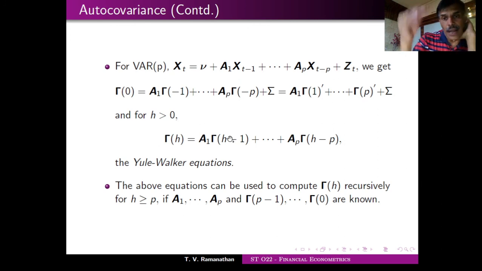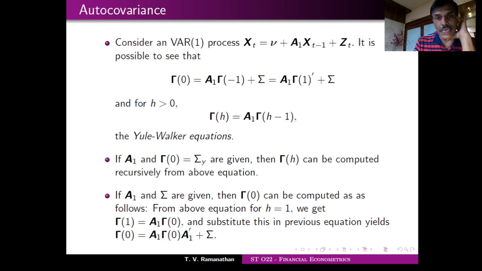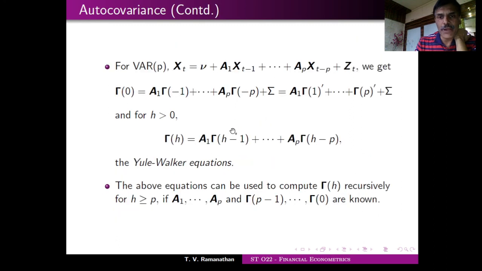But until then, up to that point, if you want to compute, see here also, for example, gamma 0 I obtain from here, and gamma 1 onwards I will obtain from here. The same logic is applicable here. Gamma 1, gamma 2, ..., gamma p, I have to obtain from here. And gamma p onwards, I can obtain from here, p plus 1, p plus 2, etc. Okay? So that is what it says. From p plus 1 onwards, I can compute it using this information: A1, A2, ..., A_p, and gamma 0, etc., gamma p minus 1. You put h equal to p, that is what I am talking about. Okay?